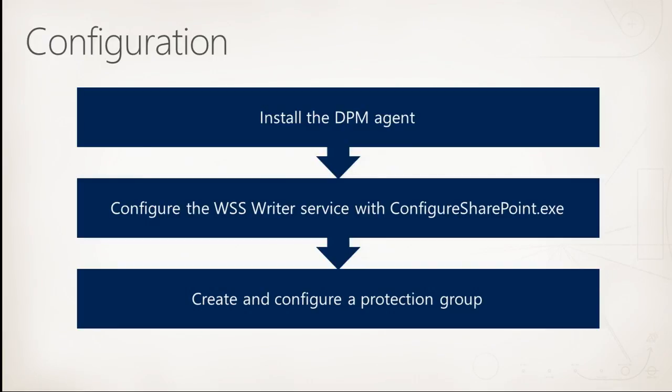So with the agent, once that is installed, we need to actually ensure that the VSS writer service is configured and associated with that DPM agent. So many of you who have installed SharePoint will see in your services console on that server that you have this WSS writer service. This is the SharePoint VSS writer service. We can use a tool that's provided by the DPM agent to actually configure this. And this tool is called Configure SharePoint. It's part of the DPM agent install. We basically will run this, and it will allow us to set the credentials that are going to be used